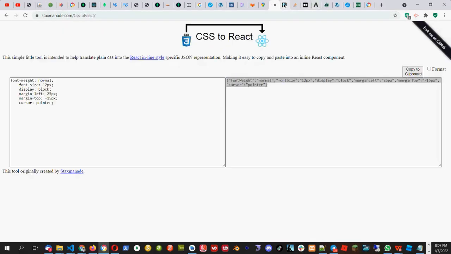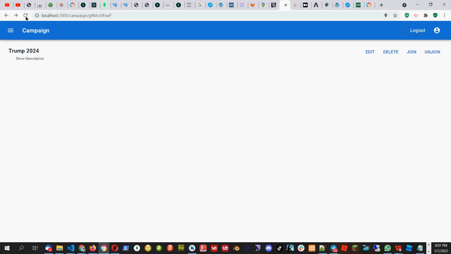Let's see where we are in our campaign management. Okay. So we need to do edit page, delete page, join and unjoin kind of thing. I will also be putting 3 columns here,